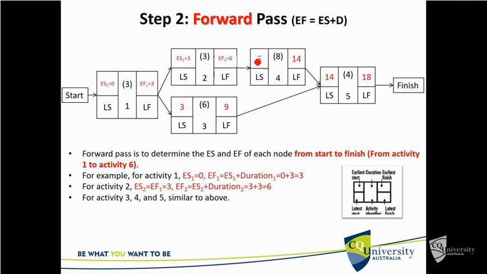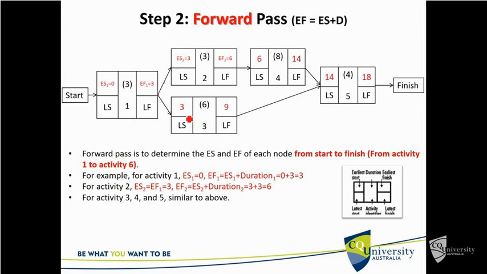So the earliest start for 4 has to be when 2's finished. So that's 6. 6 plus the duration of 8 gives you 14. And then to the last one, 5. It can't start until this finishes, so that 14 is the early start there, plus its duration of 4 gives you 18 weeks. Do it the other way, and you end up with 3,